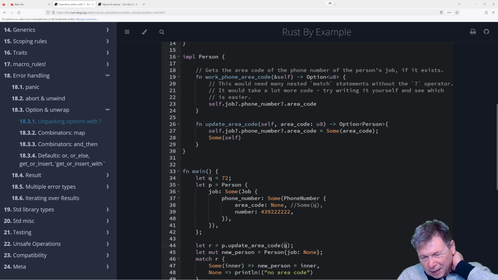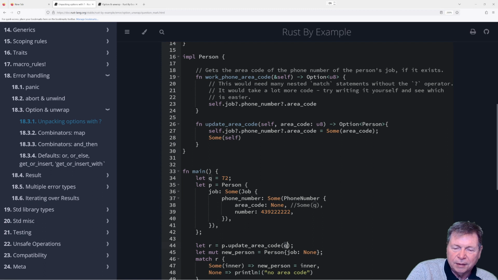So, all right, it's kind of working. I've got the borrows and carries and everything lined up finally. But what's not happening is I'm not updating area code. So that's just kind of not so much fun. Why? Why am I not able to update area code? That's a fine question, which I do not have the answer to.